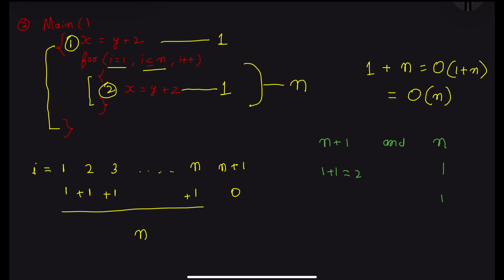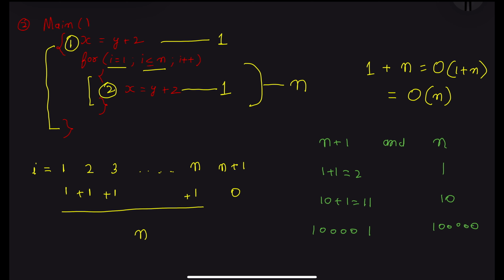Now let's take a value of n equal to 10. Here n plus 1 will become 11. Here also n plus 1 is 10% larger than n. But if we take a larger value of n, suppose we take 1 lakh as the value of n, then n plus 1 will become 1 lakh 1. Now we compare the value of n plus 1 and n. There is not a large difference between them as compared to the previous double and 10% difference.